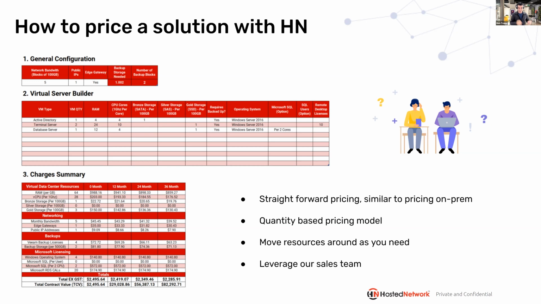From a storage point of view, we have 3 tiers of storage. So bronze, silver, and gold, which is SATA, SAS, or SSD-based performance. That is all about to be upgraded to SSD and entirely NVMe soon as well. So the bronze and the SATA and the SAS tiers will actually disappear probably in the next 3 months. But yeah, and then from there it's just entirely quantity based.